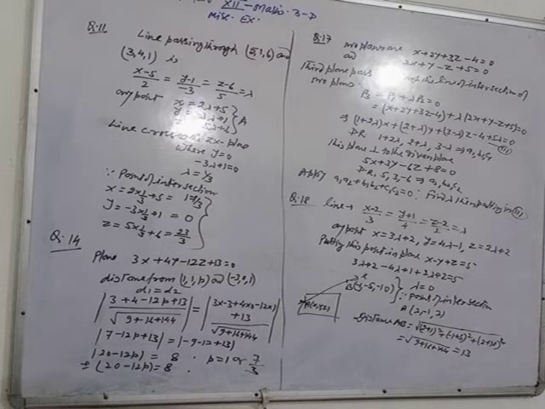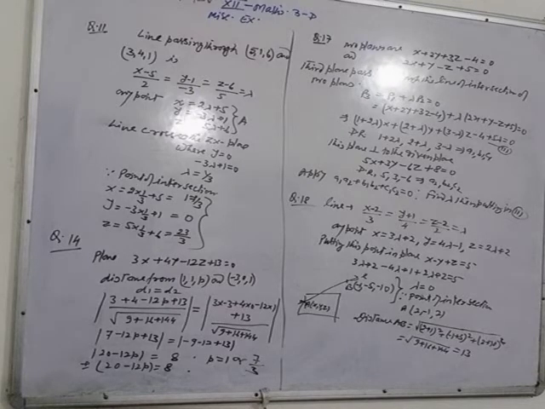So this is your third plane, which passes through the line of intersection of two planes. Now, for the value of lambda, a condition is given: this third plane is perpendicular to the given plane, which you can write in Cartesian form as 5x plus 3y minus 4z plus 8 is equal to 0.